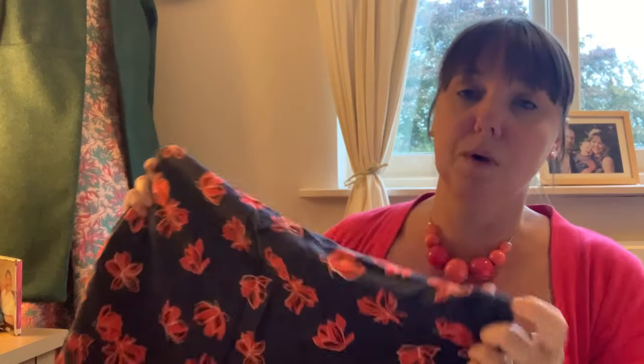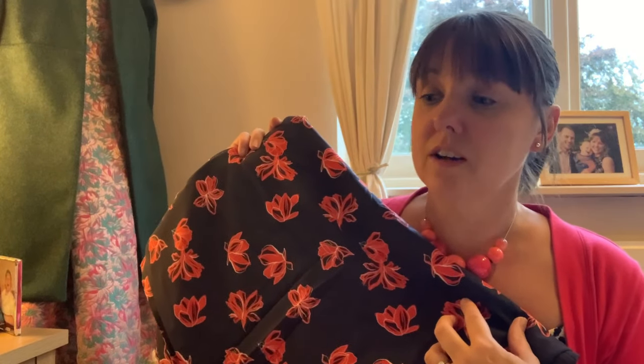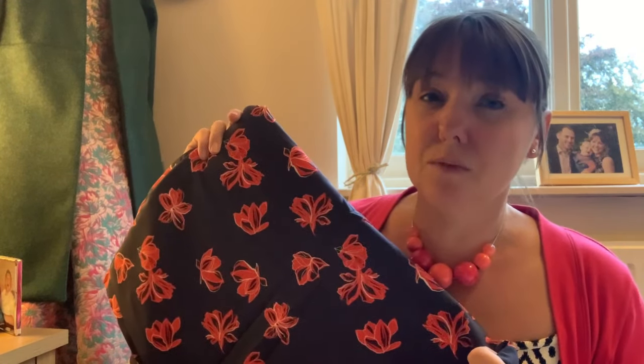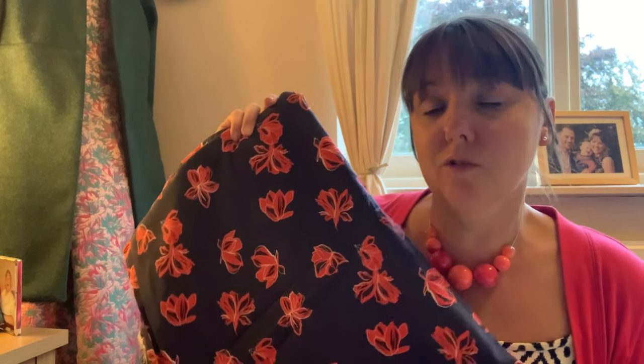Possibly 2 meters, because that is the standard sort of length that I used to buy, at least. Now I do tend to buy a little bit more, but back when I was first buying fabrics, I used to just buy 2 meters at a time. I do find I can get away with 2 meters for most patterns for myself, but for things like jumpsuits, maybe I do need slightly more because of obviously the length of the trousers,